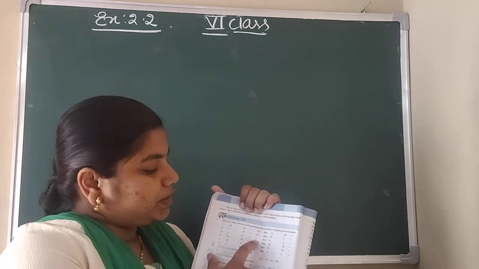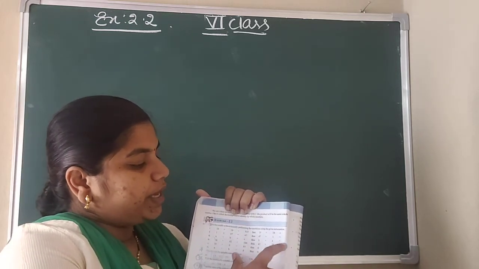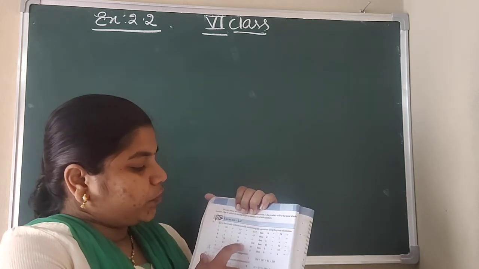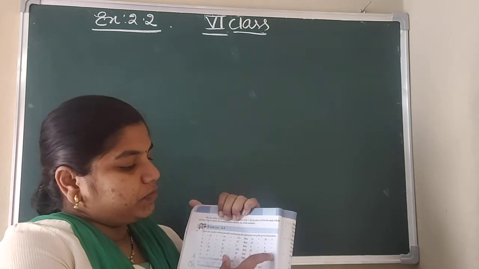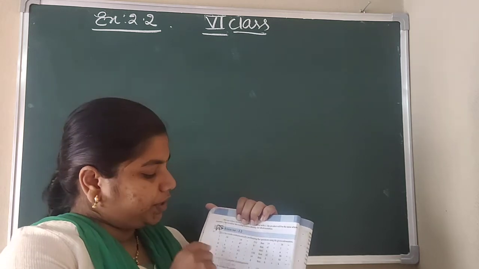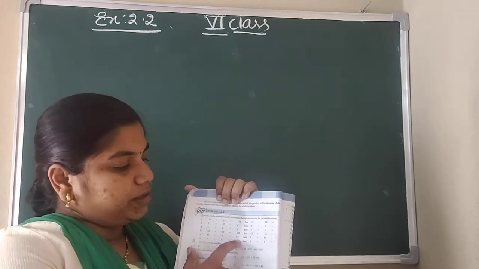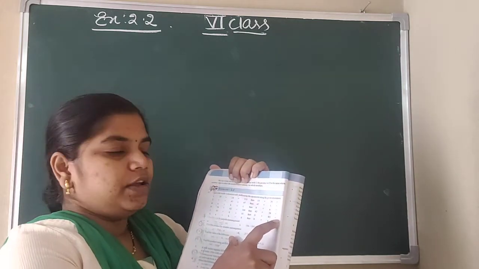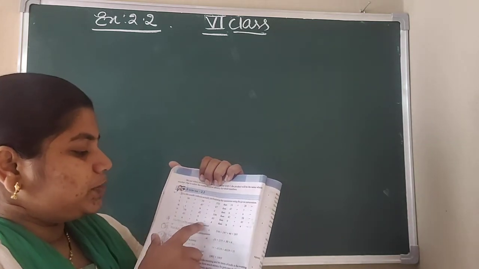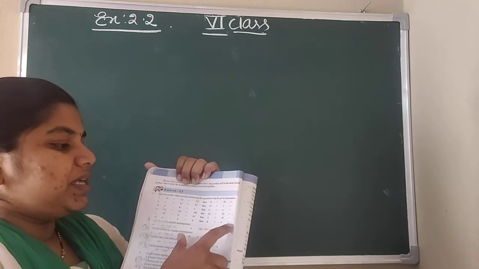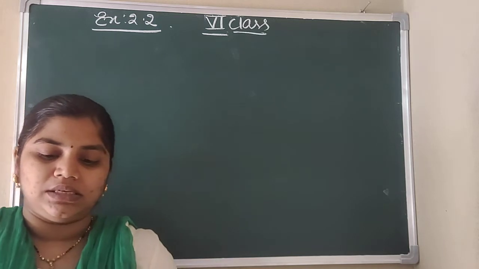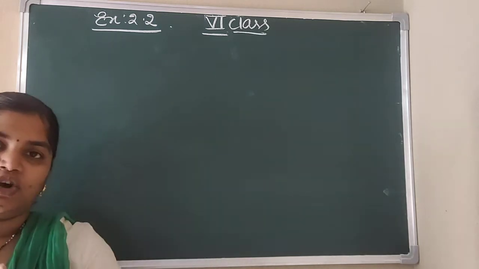Next, a into b is equal to c. b into a is equal to what? Again the value will be c only. So 58 plus 42 is 100, and 42 plus 58 is also 100. 85 plus 0 will be 85, and 0 plus 85 will be 85 only. Next, a plus b is equal to d, so b plus a will also be equal to d. By using the given answers, we have to write the answers in the next column.